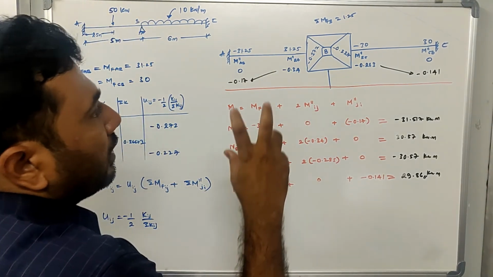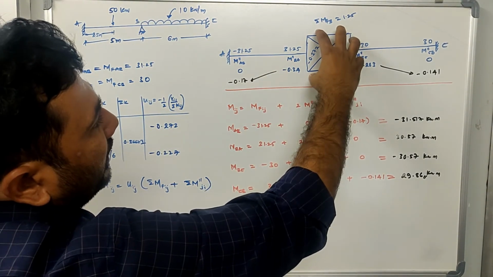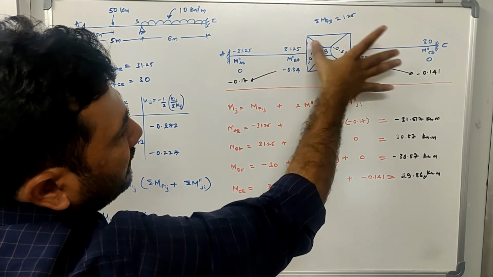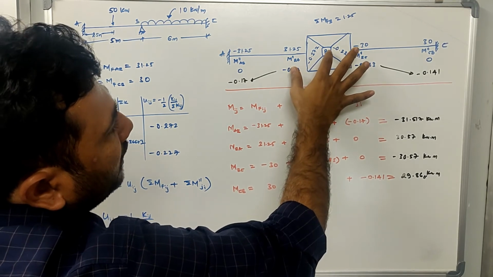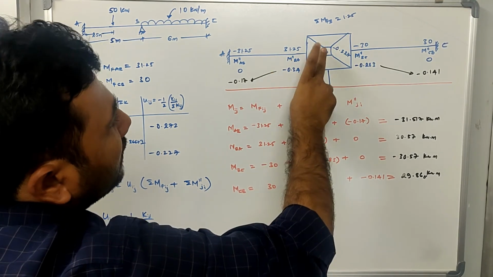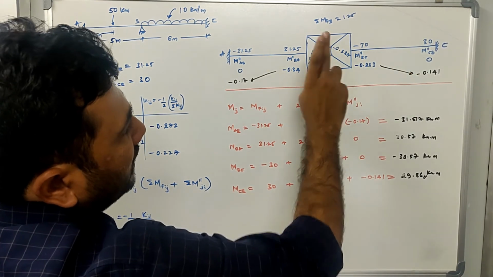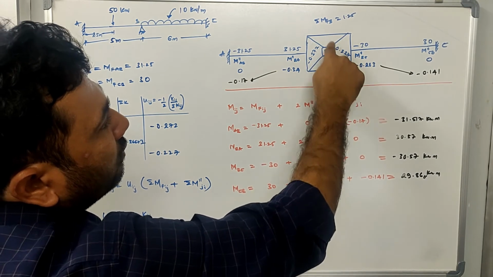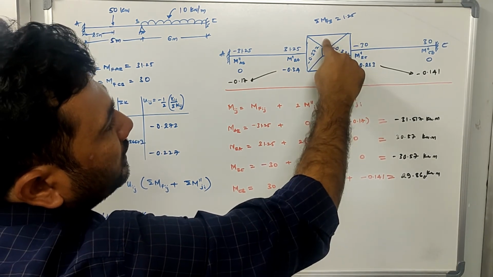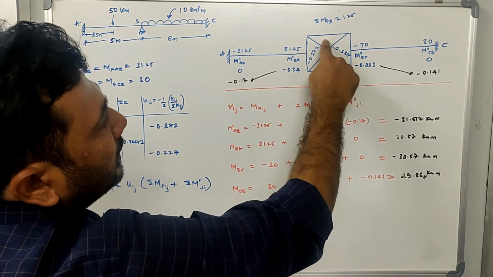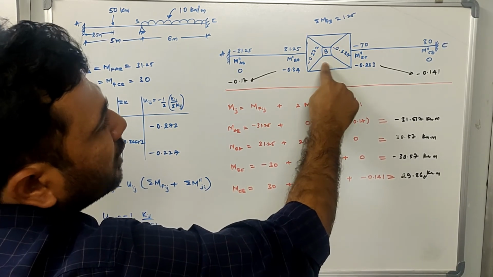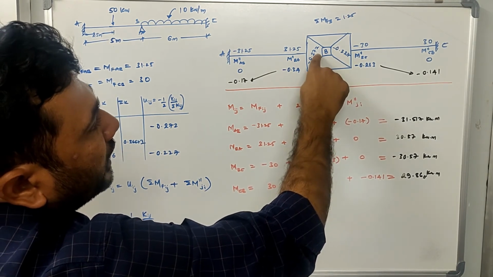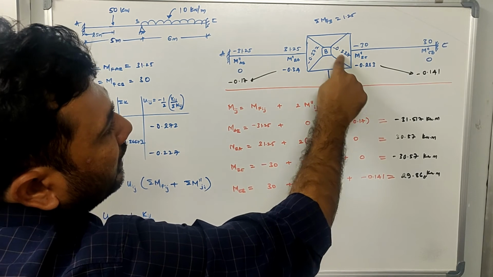Now you try to understand. What I have done is take this joint B and convert it into a tree diagram with the several branches it has. Joint B has two branches, BA and BC, which are the two connected members. Now you can see that I have made 4 parts of this square: 1st, 2nd, 3rd, 4th. In this portion and this portion I have not written anything, but I have written in these two places. You can refer to what is written in this space and this space.